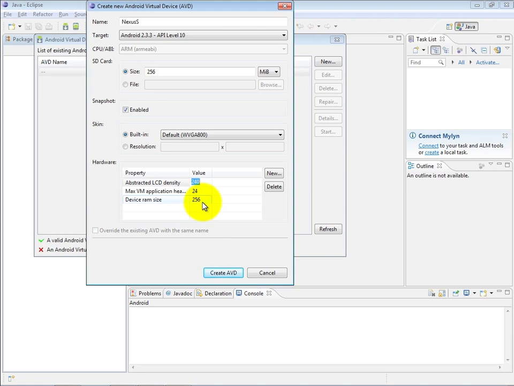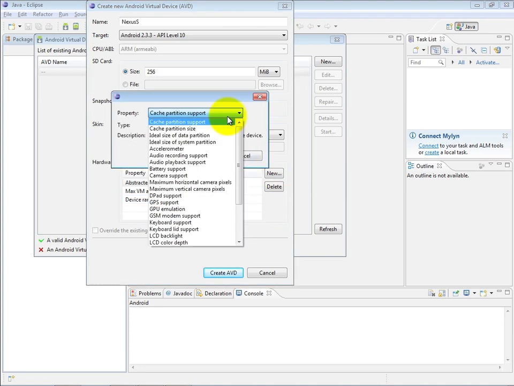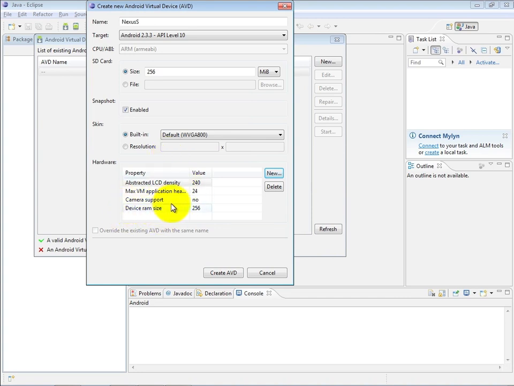Now, these are the default options. However, you can get much more precise about the features that are available to you in an AVD. For example, if you know that a particular device does not have a camera, you can click this New button, and there's lots of different options that you can specify, such as camera support. So if I go ahead and select camera support and click OK, you see it immediately inserts camera support no,